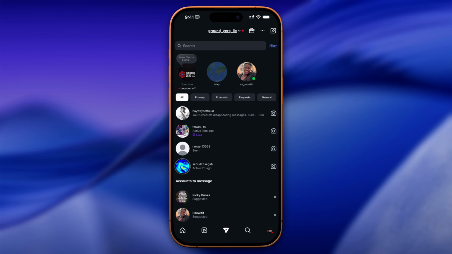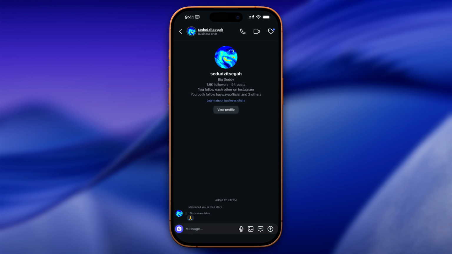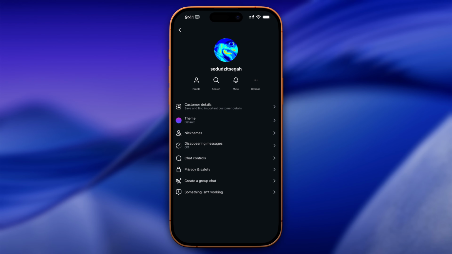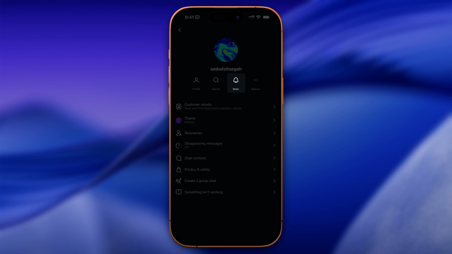Now, right here, what you want to do once you find the person is you want to go into the message with the person. Now, once you go into the message with the person, you're gonna click on the person's username at the top, and once you click on that, you're gonna see the option to mute right under the